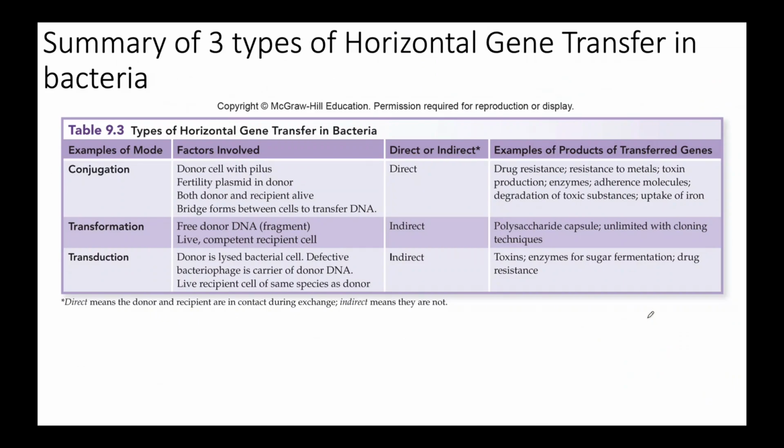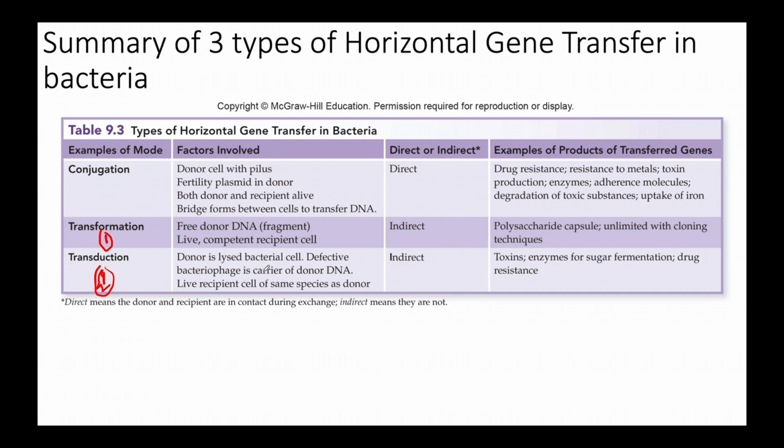So this last slide is really just summarizing some of the basics of these three types of horizontal gene transfer. So this is the reverse order. This is what we covered first, which is transduction. You get some donor that's lysed. Actually, sorry, we did transformation first. I apologize. So some cell dies, and so there's some donor DNA floating around, and a competent recipient cell can take up that DNA to